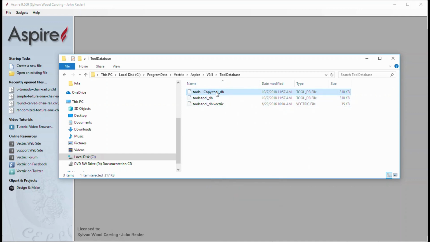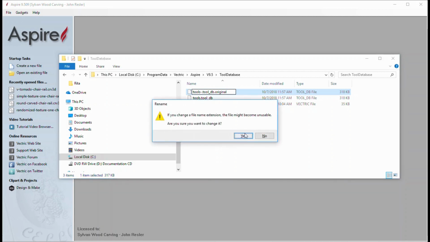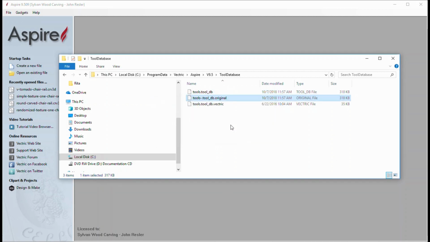Okay, I'm going to rename that original, just so that I don't mess anything up. Let's just call that tool database original. Yes, I don't care. All right.